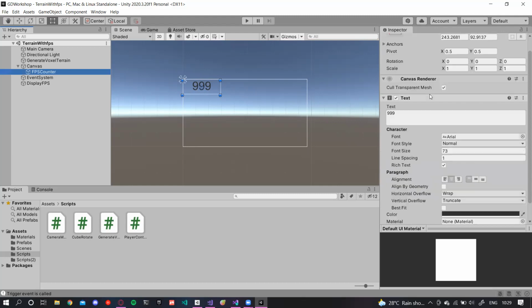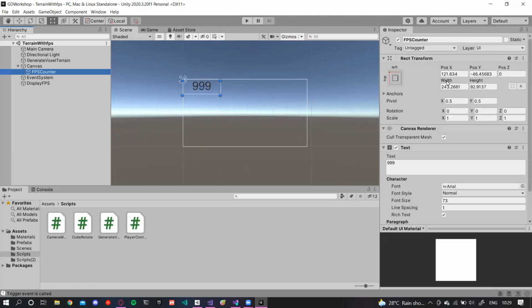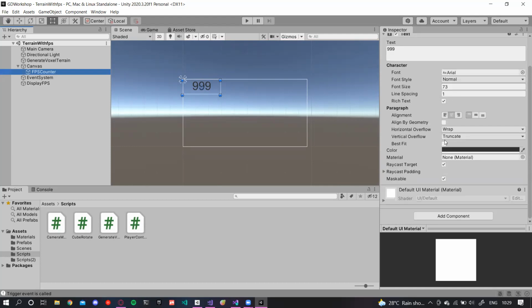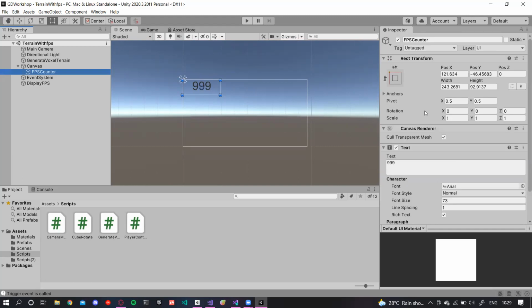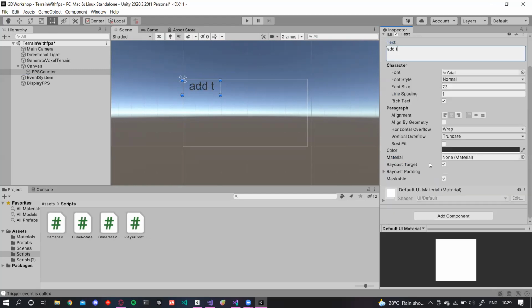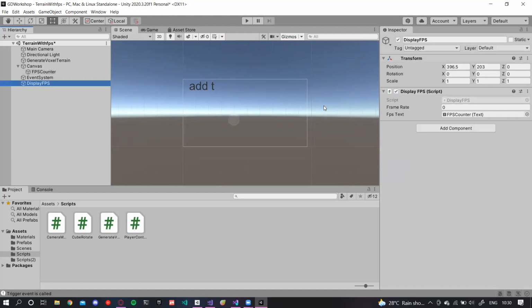If you want, you can try it out. These are basically just random things like alignment and position that I mentioned before in the Unity engine. Over here, I can initialize my text variable. I've just added some random text over here. But for this, I've initialized an empty object to run my script, which is known as display FPS.